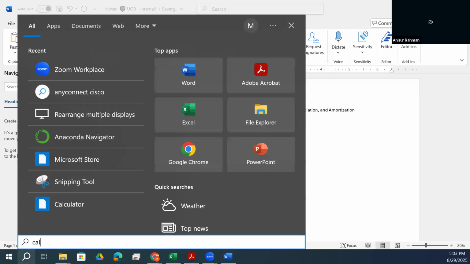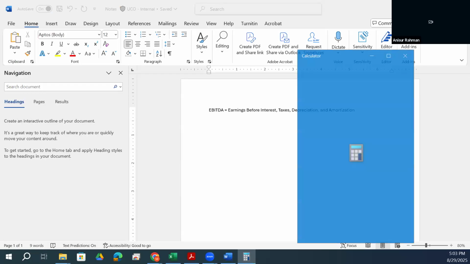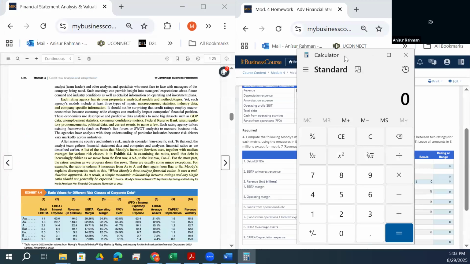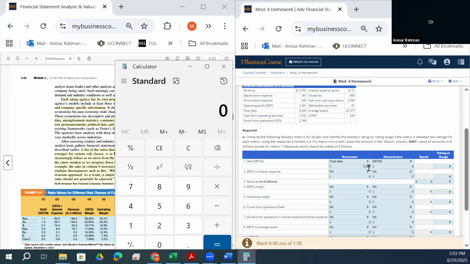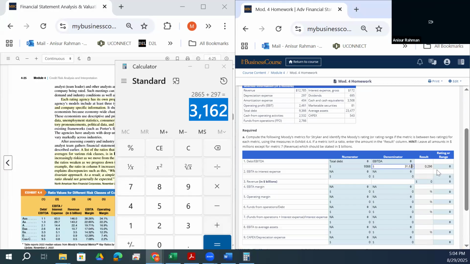So in our problem, EBITDA will be EBIT, so 2416 plus 2461 actually, 2461, and then plus 404, so 404 plus 297, which is 3162. I'll paste here and this will be calculated for you,